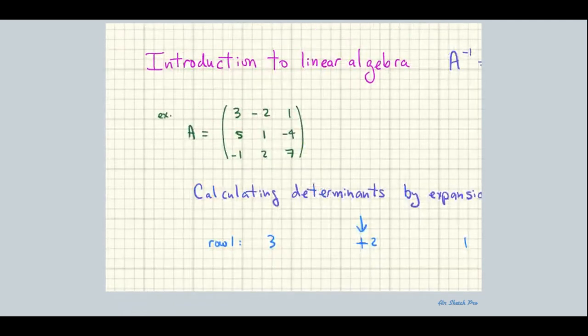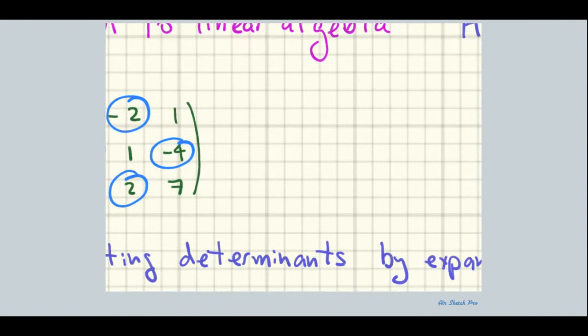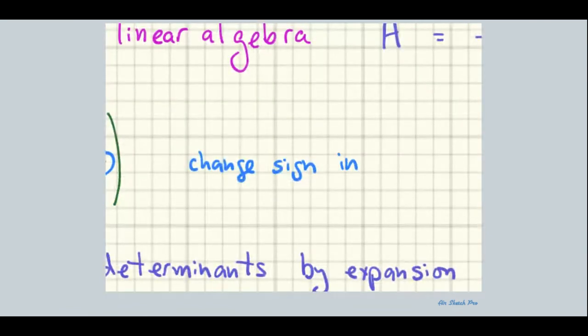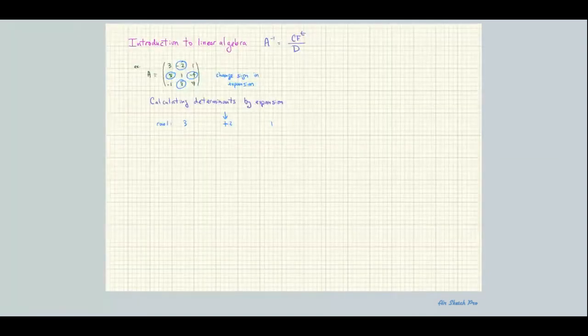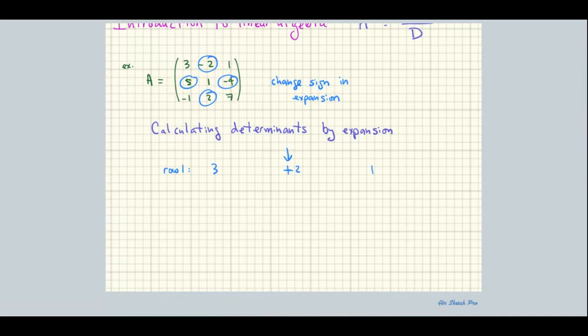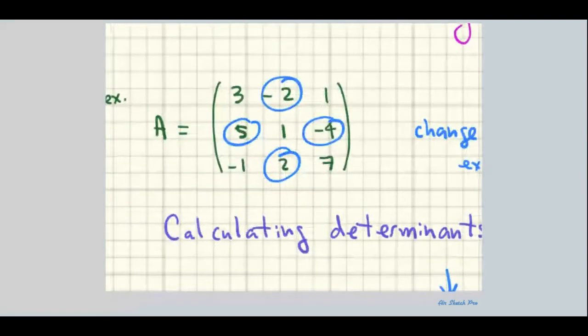In general, when I'm expanding, these are the ones whose sign I'd have to change. That's called a checkerboard. When you're expanding off of that row or that column, those entries have to have a sign change in them. What's special about those positions is the sum of the column number and the row number is odd. For example, guys,